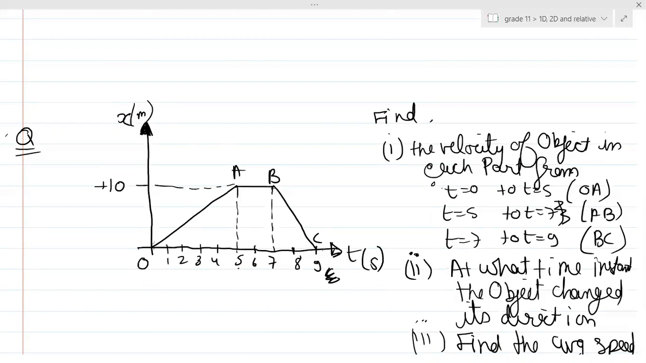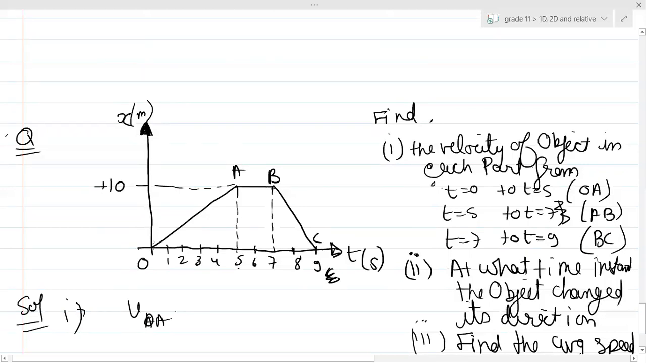Can anyone calculate the slope? Calculate the slope in the first part. Velocity for the OA part will be equal to 10 minus 0 upon 5 minus 0, which will be equal to 2 meter per second. So basically, can you see the object starts from the origin with 2 meter per second, and